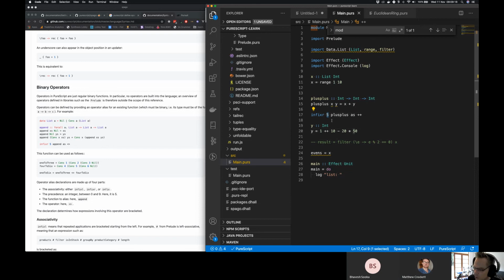So probably the lower the precedence, so if it's 0, then it would tend to do this part first, whereas if it's a higher precedence, it would tend to do that part first. Do you know what I mean? So it's just a way of resolving the BODMAS maths, which is really cool. So you can change the precedence of what plus does by defining a new one and changing its precedence. Pretty interesting, actually. It's pretty powerful, but pretty batty as well.